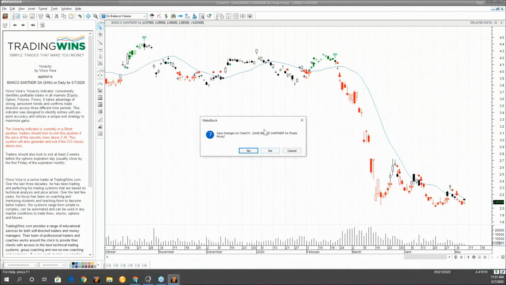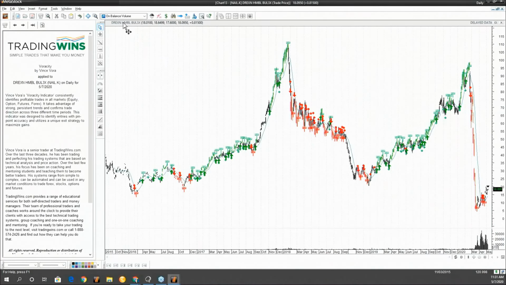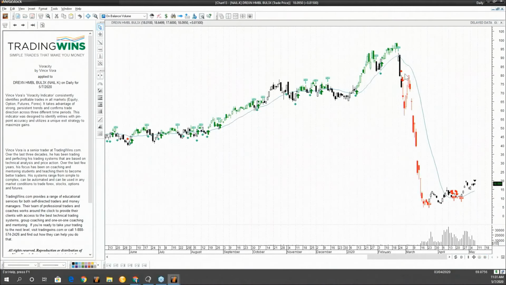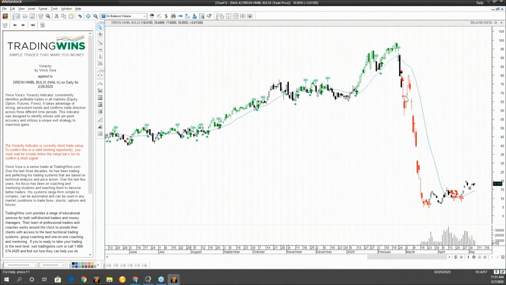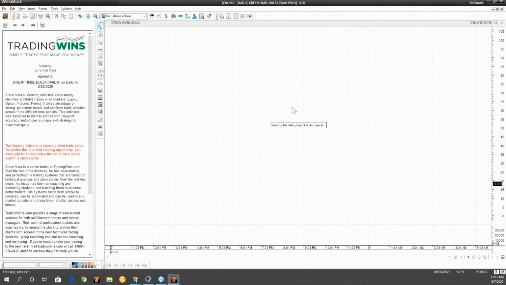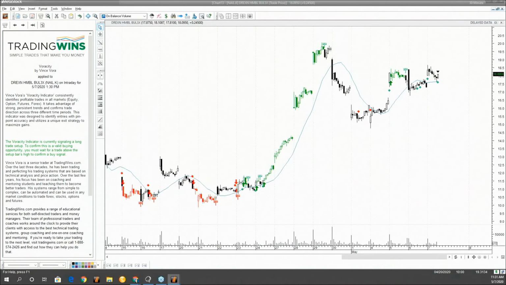So there's SAN for you, Augustine. And then we've got NAL. NAL.K is the actual symbol because it's on the New York Exchange. So right here we got our setup, and then it got you in because it hit the low of the previous candlestick. It reversed a little bit, but then it kept going down, and it got you out almost at the bottom. So that would have been a really good trade. Let's say you want to move it over to a 30-minute, see how well it would have done on the shorter time frame. Still very good. I shouldn't use the word perfect.